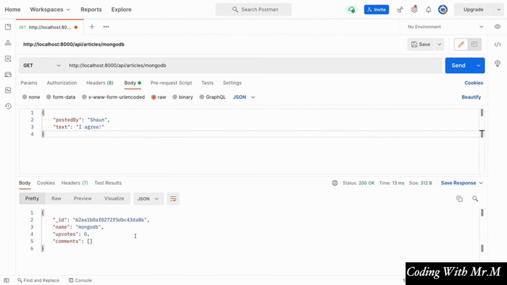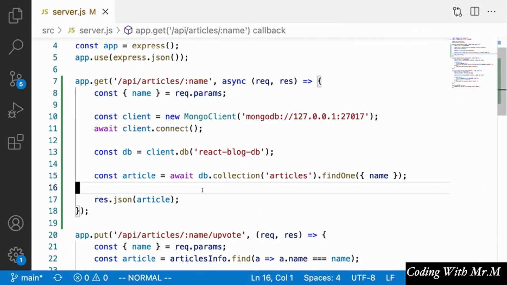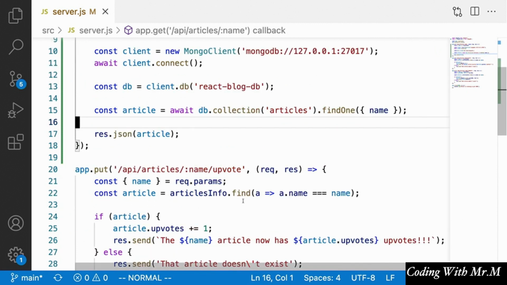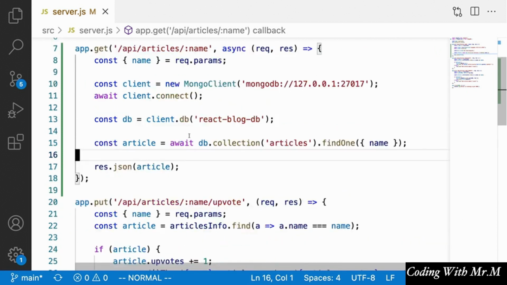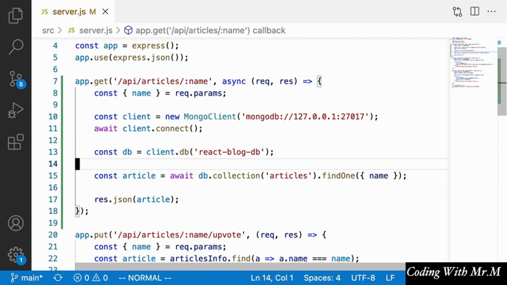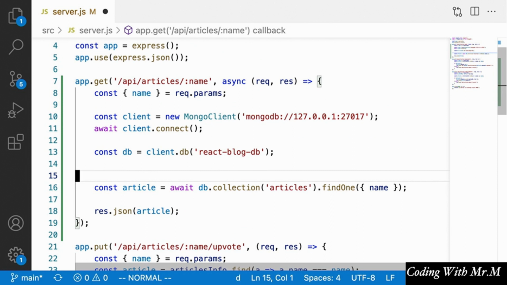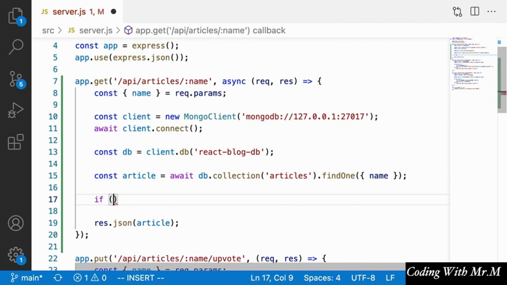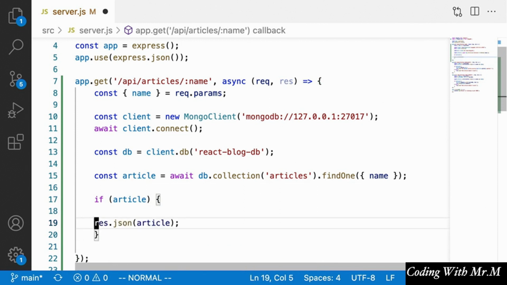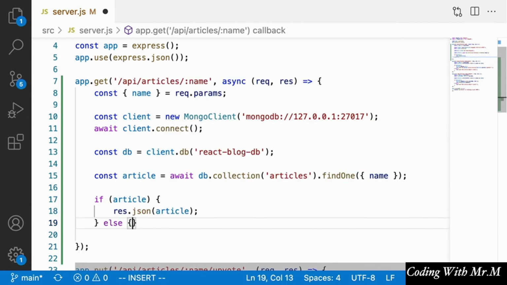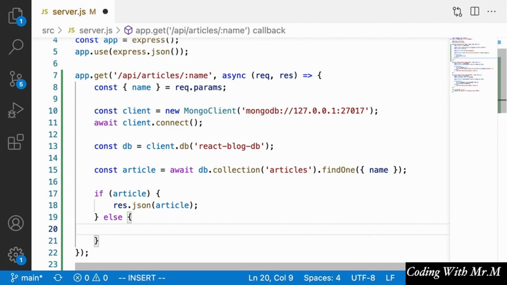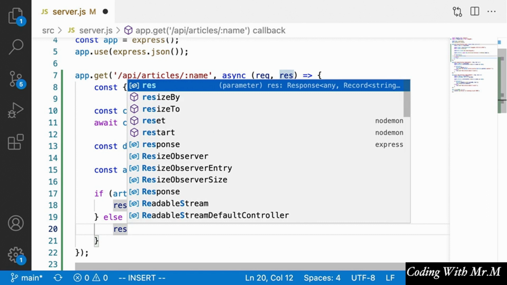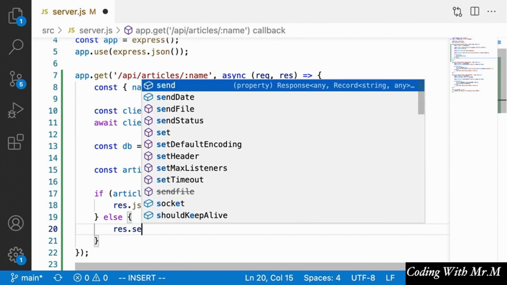So one last thing that we'll want to do here now is, in case this article doesn't exist, just like we did in our other endpoints down here, we're going to want to send back some kind of alternative response. So what we'll do is say, after we get the article, if article, then, and only then will we want to try and send that article back to the client. Otherwise, what we're going to want to do is send back some sort of status code. Now, in this case, the 404 status code would be appropriate since we didn't find the article with that corresponding name. So what we can do to send back just a 404 status code is say response.sendStatus(404),